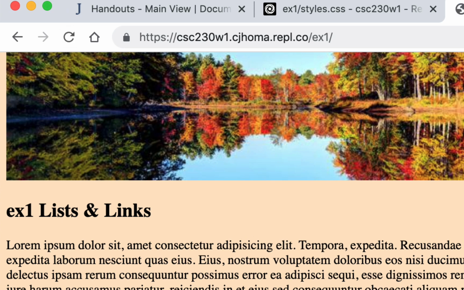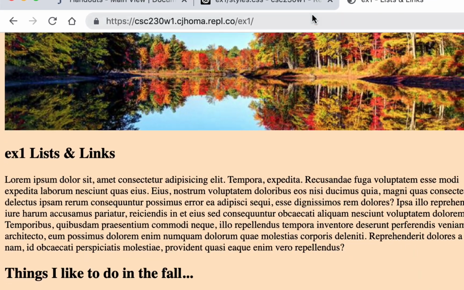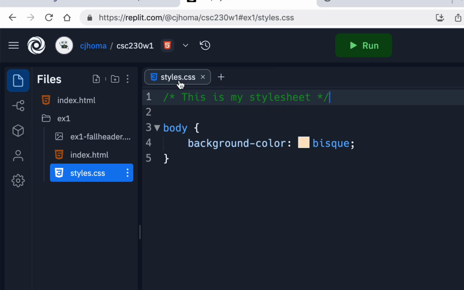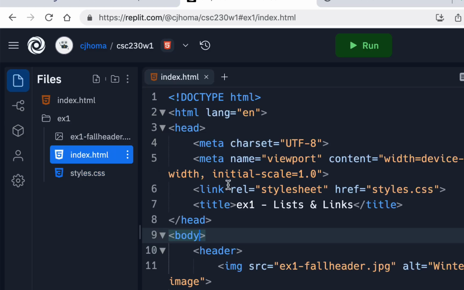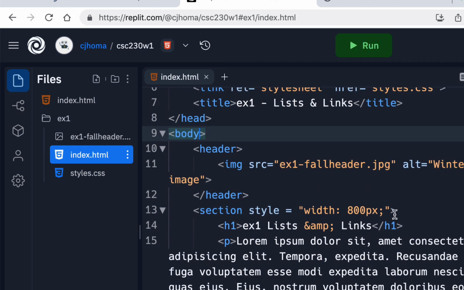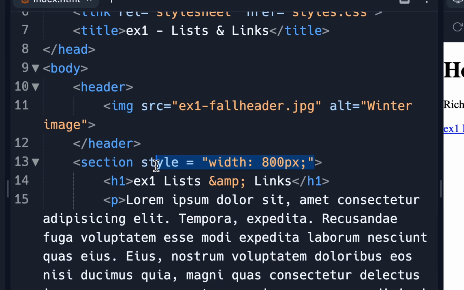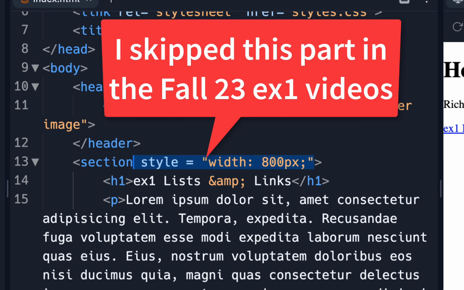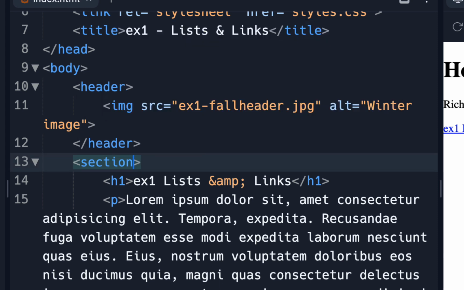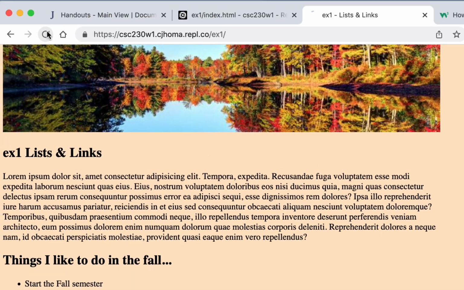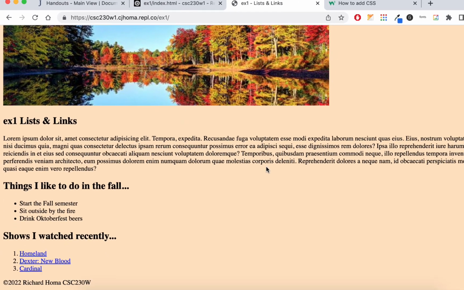That's because we did the same thing, but we did it through the style sheet. And if I go back to my index page and delete this width equals 800 pixels, I'll just delete this whole style out of here. I won't cut it, I'll just delete it for now. If I go back here and refresh, you can see now it wiped out the width